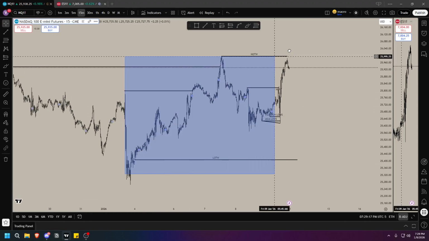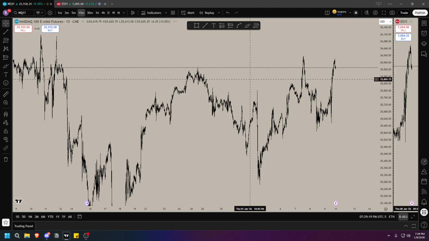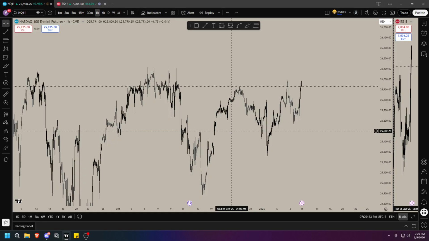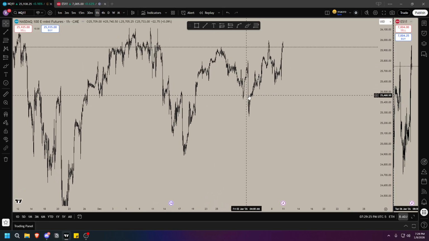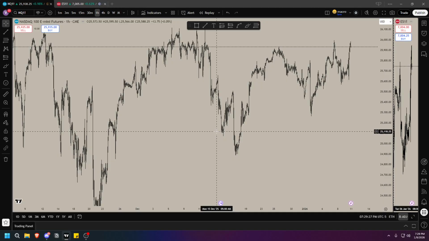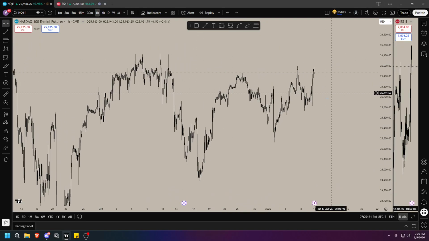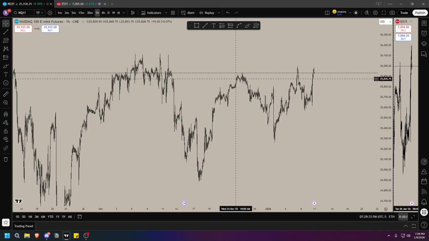Okay, pretty much coming into the day. Overall, remember we were talking about last week, wrapping up December week, how we made the high of the month, low of the month, and price has just been trading away, and we're just looking at what price is doing overall.